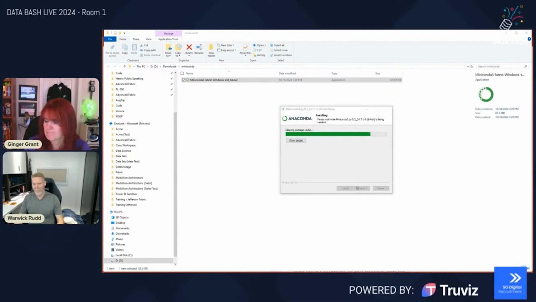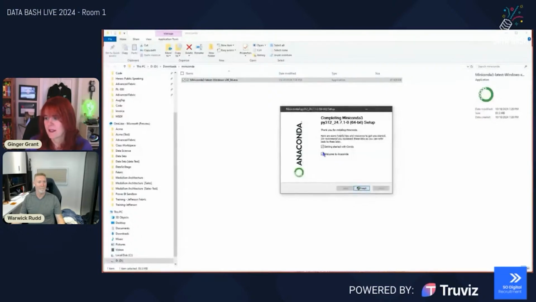While that's running, Ginger, once we've got it up and running, we don't need to do any modifications to this, do we? No, as a matter of fact, when you open up your notebook and save it, it'll save it not only to your environment, but it'll update the cloud as well. So I can go ahead and say next. And then I am good to go.